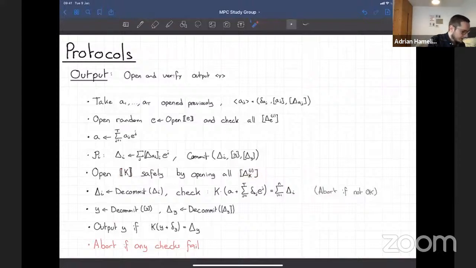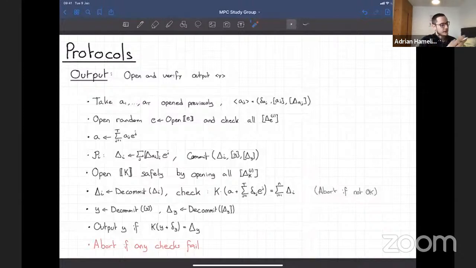Then you decommit this tag, and with this formula you check that all of the tags for these values were correct. So you know that if all the values revealed up till now are correct, then it's safe to continue. In any case, you abort if any of these steps fail, and it's okay to do so, and the final value Y has not been revealed.